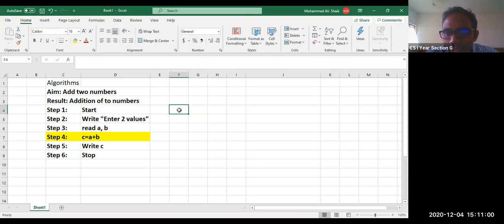An algorithm will be written in your own language. Maybe in Telugu you can write, in Hindi you can write, or any other language. But the thing is, how to solve a problem? What is the logic behind it? What is the difference between algorithm and coding? See, an algorithm is what you want to do. What is the logic, how are you going to resolve a problem? That is called an algorithm.